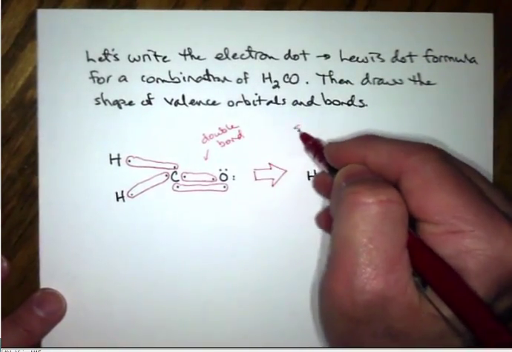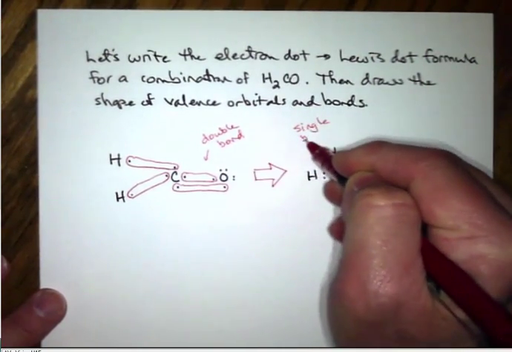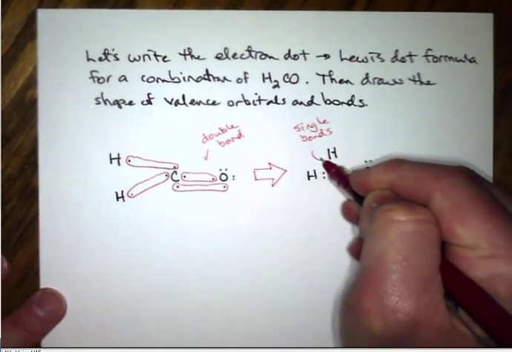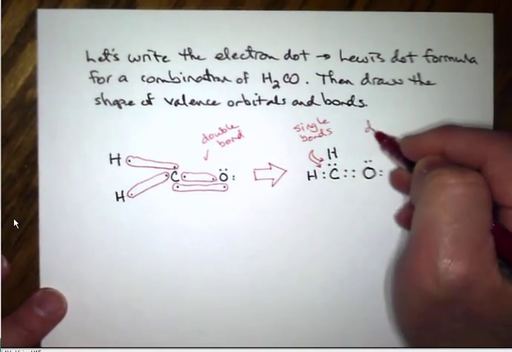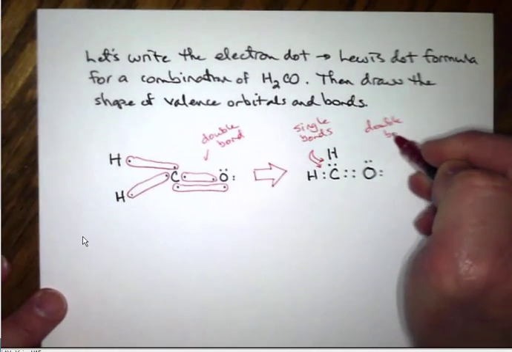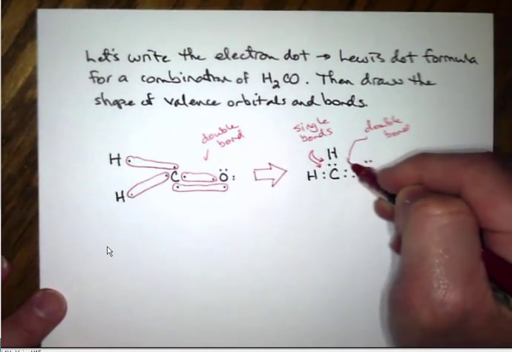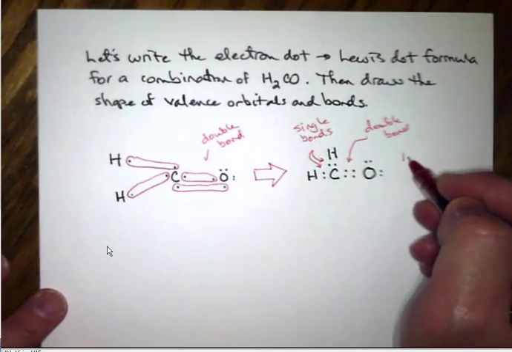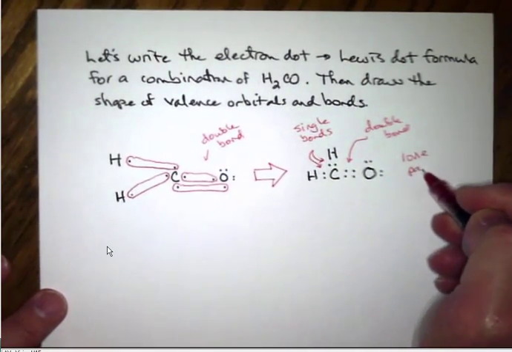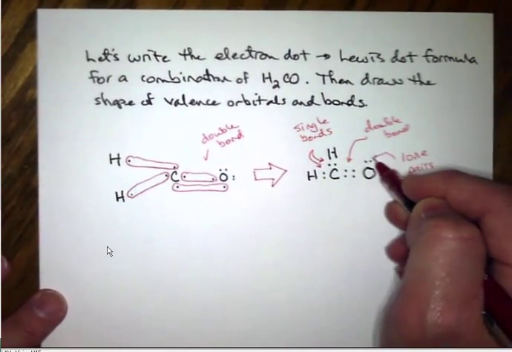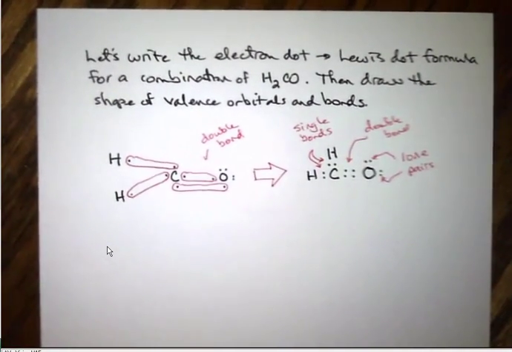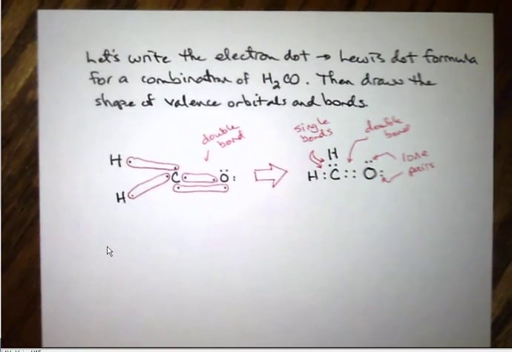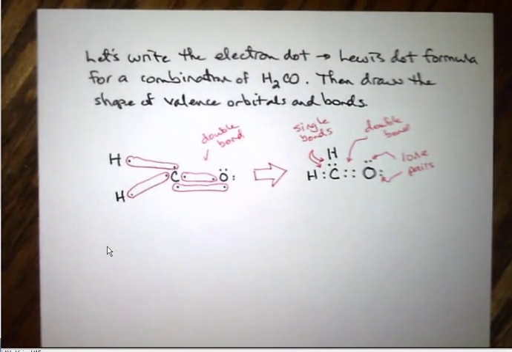And we have single bonds here and here, and we have a double bond here, and just for the record, we have lone pairs of electrons here and here. Okay? Just some terminology. All right? Any questions about that so far? Then,